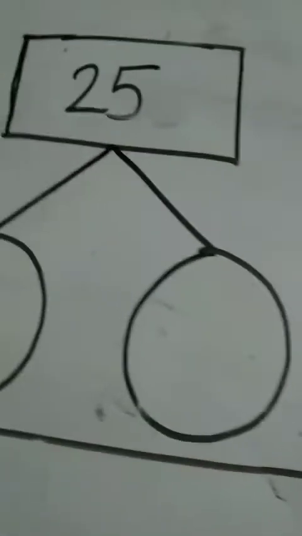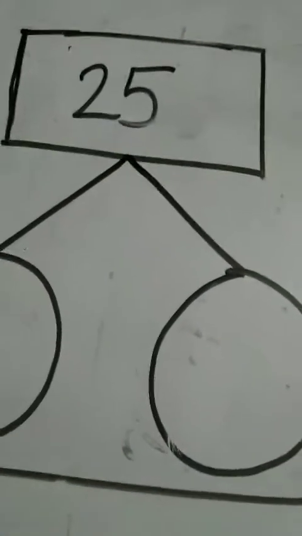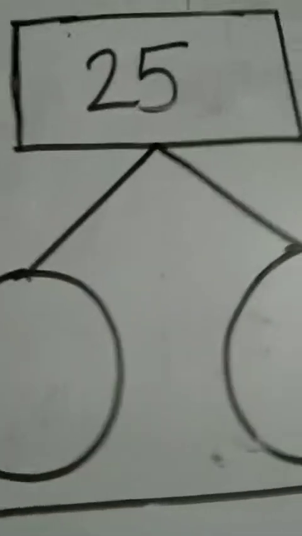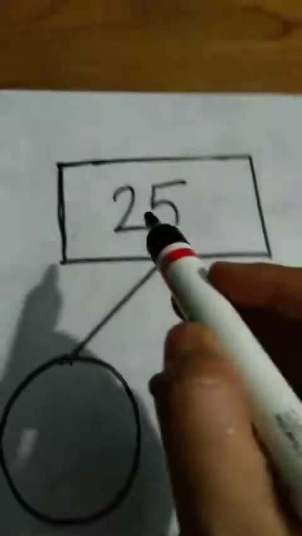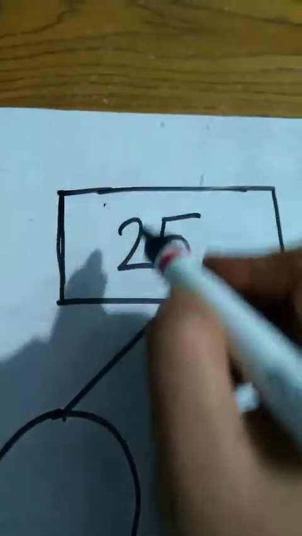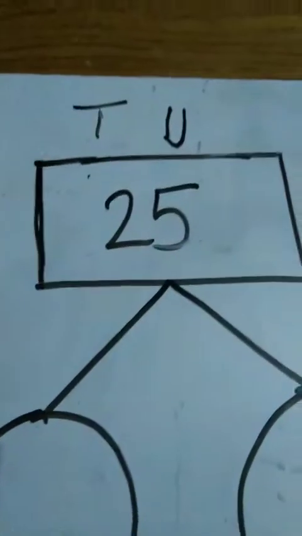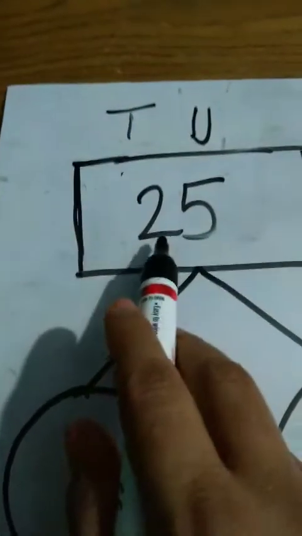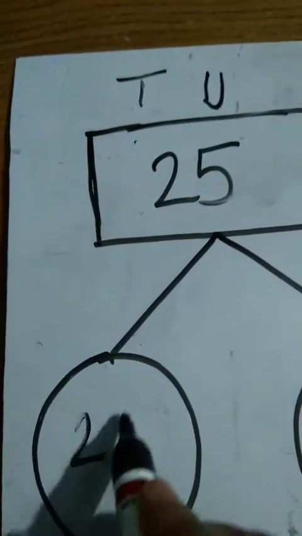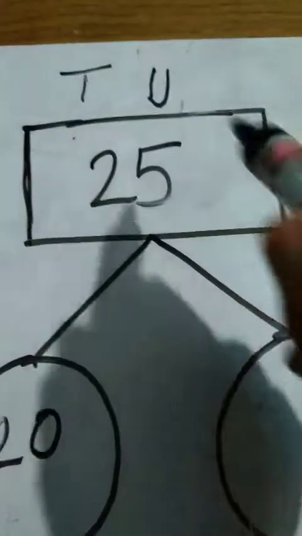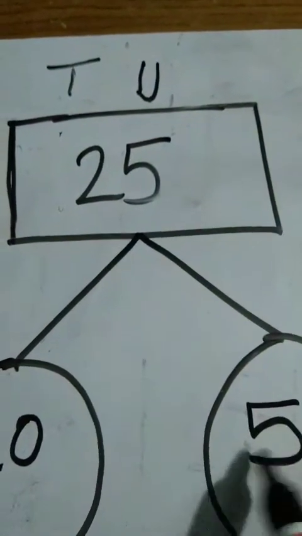Let's have some more practice on the blackboard. See now, which number I wrote here. Again I have written the number 25. Okay, so tell me the place value of 25. So we will divide the number into tens and units columns. The place value of 2 is 2 tens, that is 20. The place value of 5 is 5 units, that is 5.